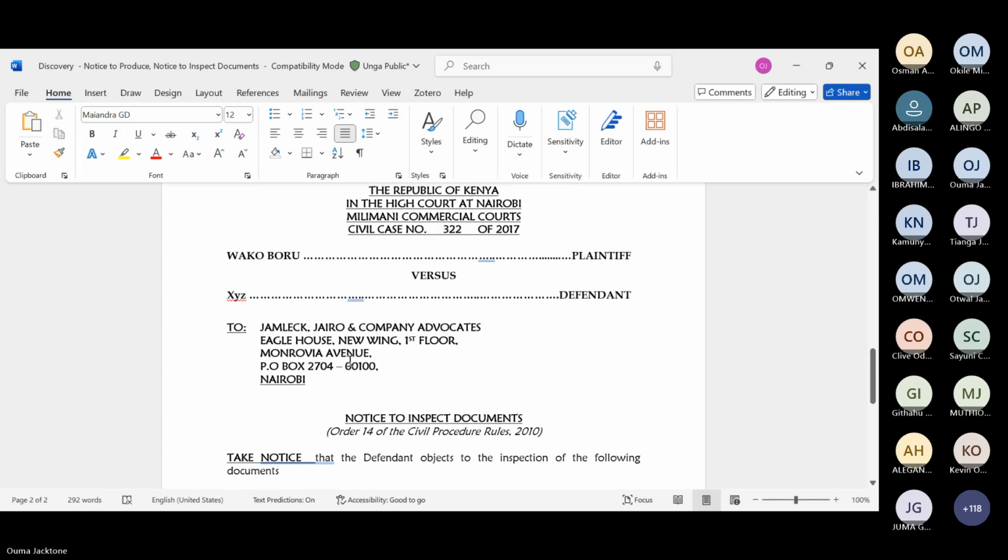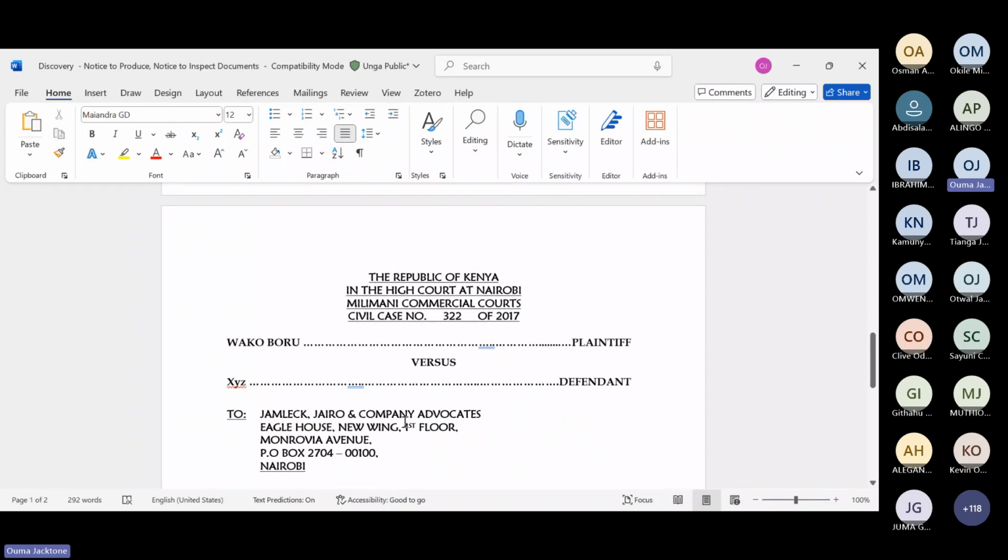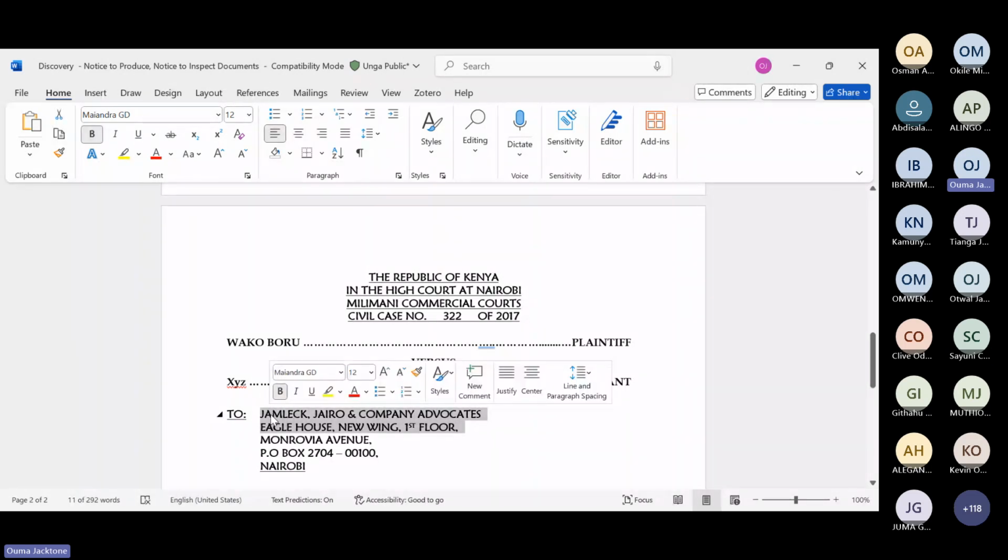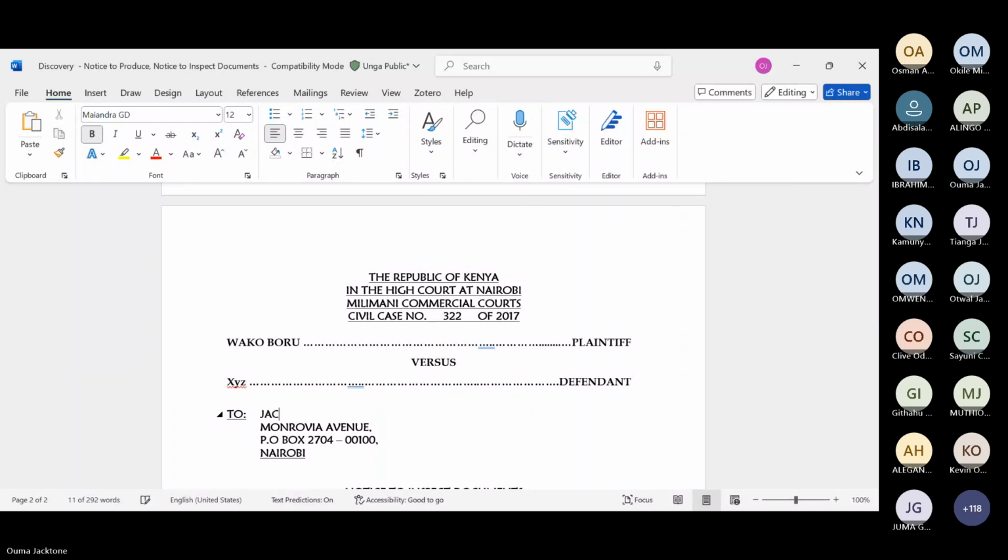So notice of inspection, same caption of parties. Now in response, Bishar will write that letter to me back because I'm the advocate that requested the document. So he's now responding to me.